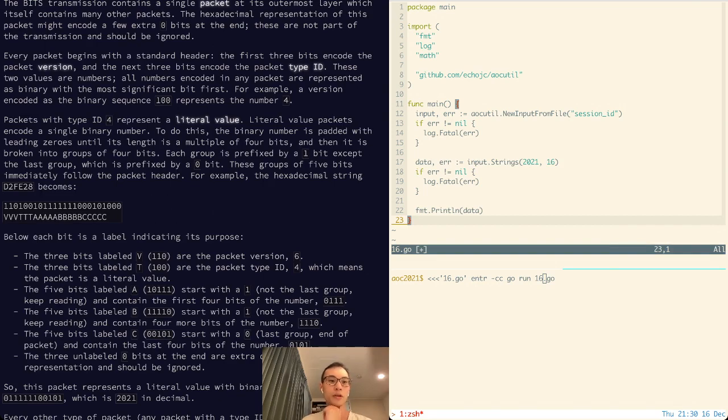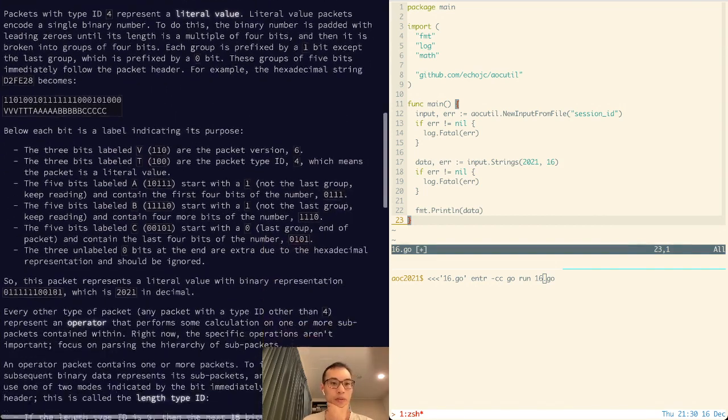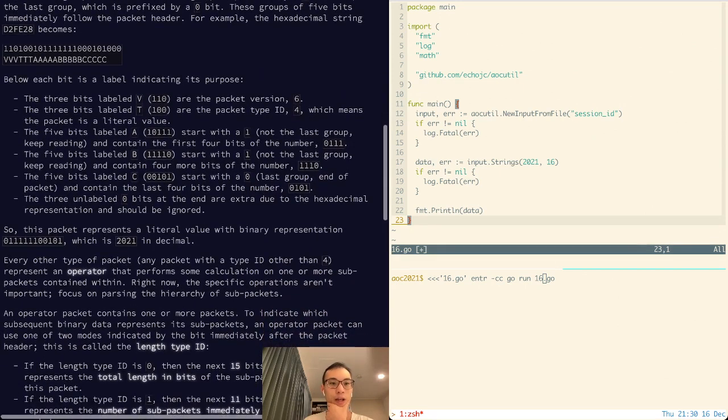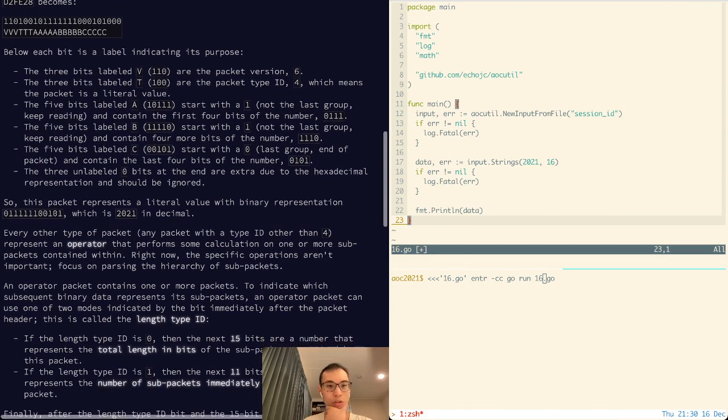For example, the hexadecimal string D2FE28 becomes this. Below each bit is a label indicating its purpose, right? V is the version, T is the type, yep, and then ABC, and then like it says, the 1 means that this is not the final set of values here. This one also means it's not, and then the 0 means it is. And so the number is 0111 1110 0101, which it should tell me at some point here it is 2021